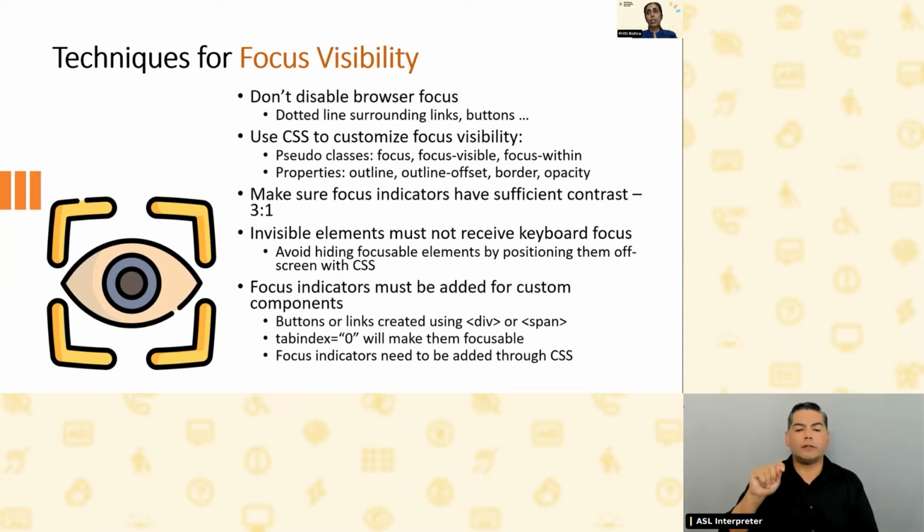Make sure the outline is not set to 0. Most of the web pages that we audit, we'll see people would define their outline to be 0. This will disable the default browser focus, and if the custom focus is not specified, it won't be visible because the outline value is 0. That's one of the common CSS code errors that we would come across when we are reviewing a page for focus visibility.